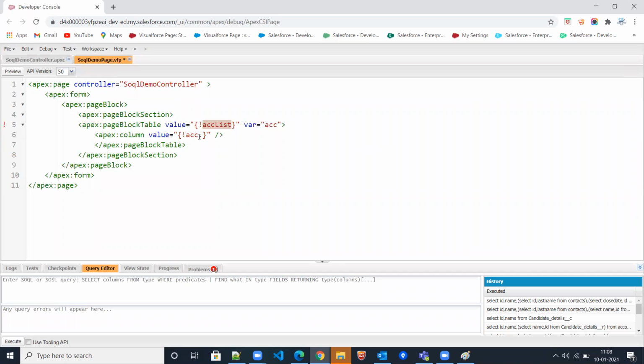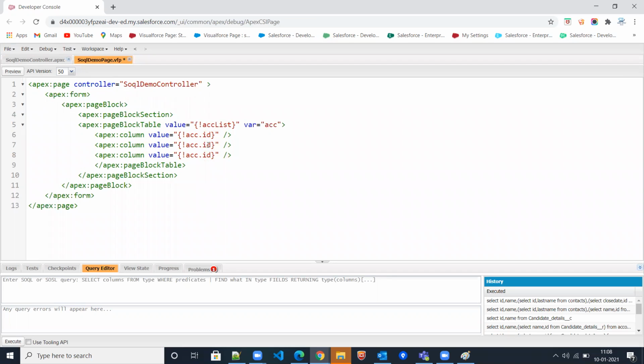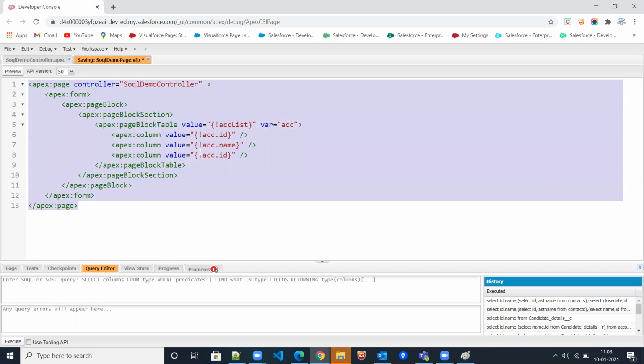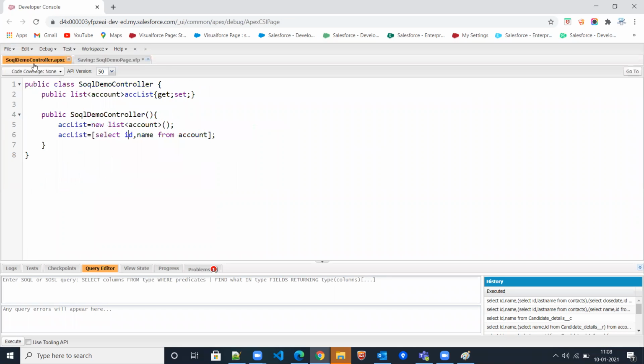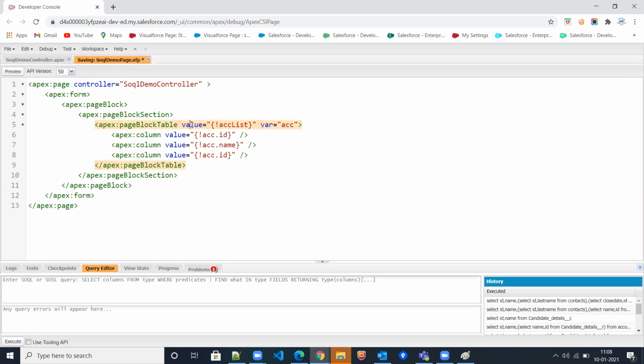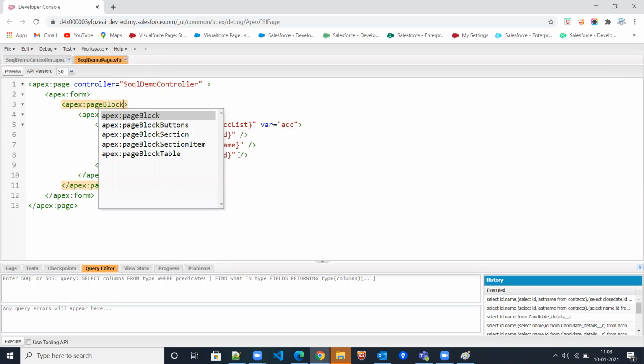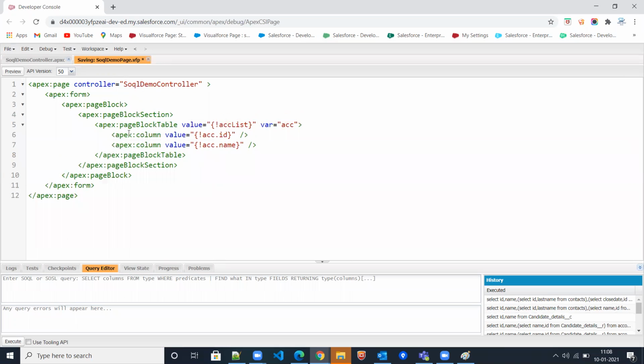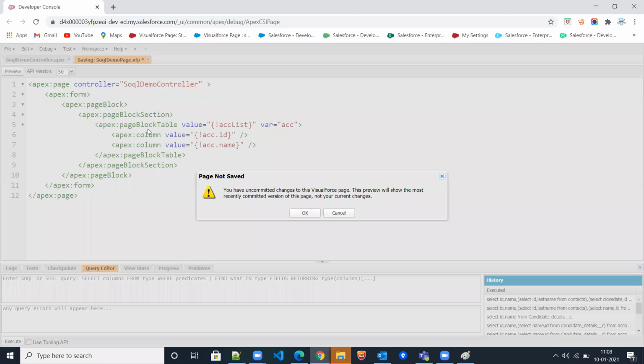So we can write acc.Id, and if we want to display the name, we can display the name. If we want to display the Id two times, we can. But we cannot use a set in our page block table. We want to write Id, don't show the Id again and again.